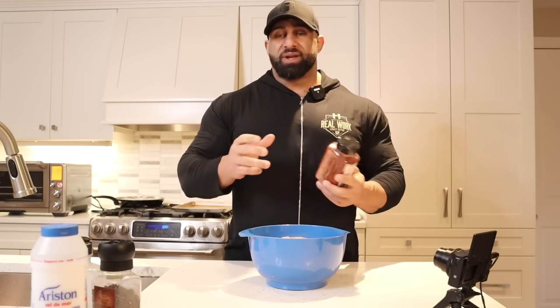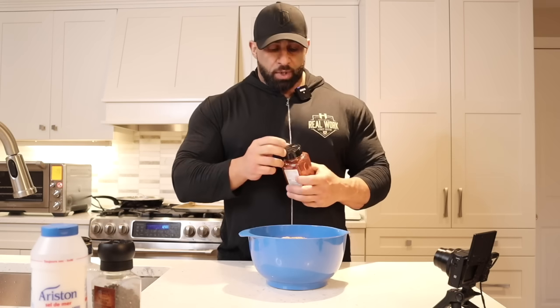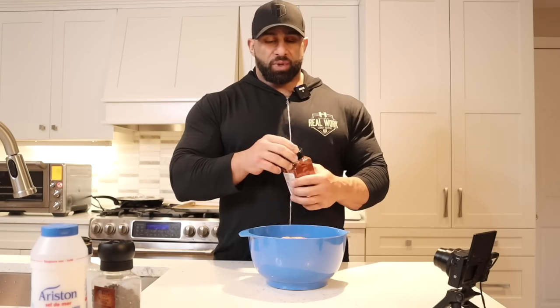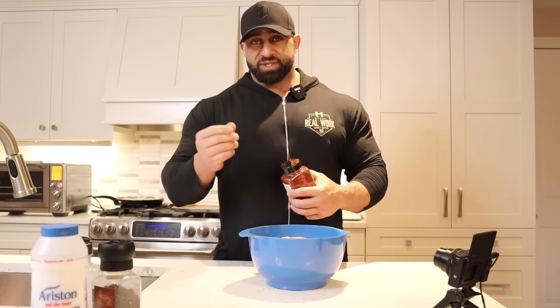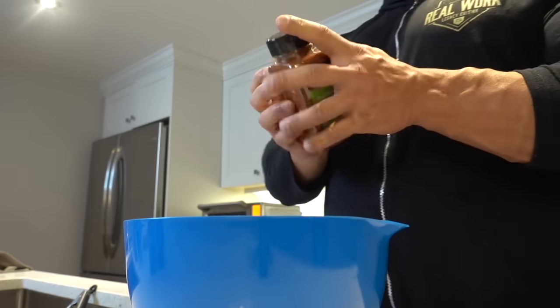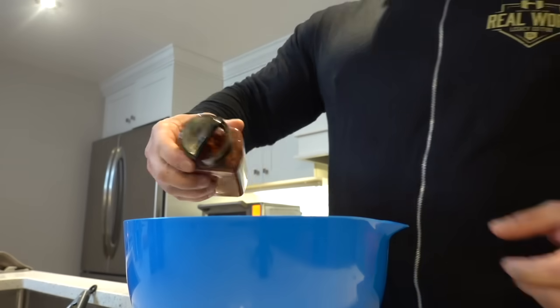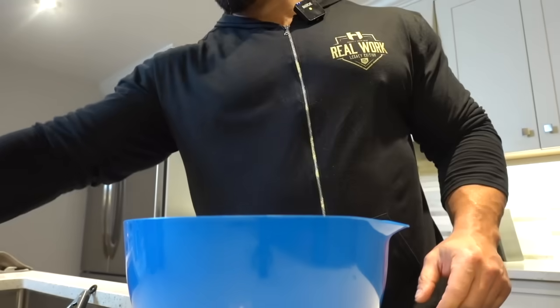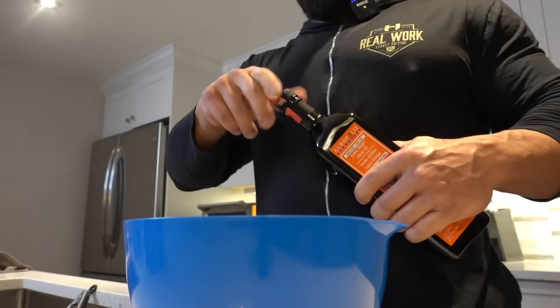And then I like my chicken to have a little bit of color. I don't know about you guys, but the paprika is gonna add taste, but I also kind of use it just because I like my chicken to have that little reddish color. So we're gonna do a little bit of paprika, or paprika, however you want to say it. Everybody says it a little differently. Then for sauces,